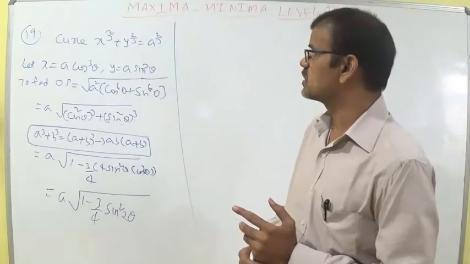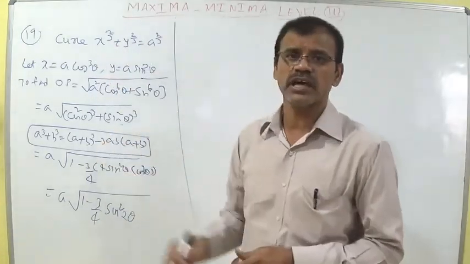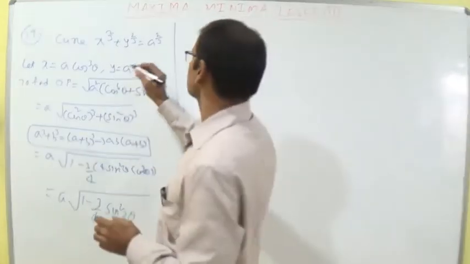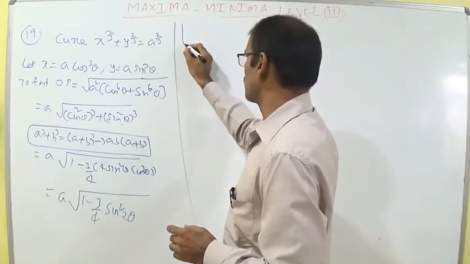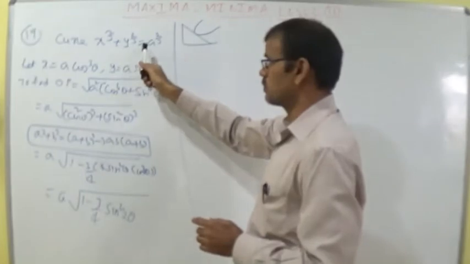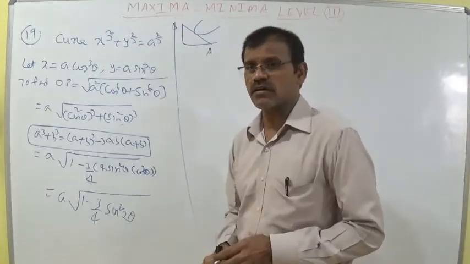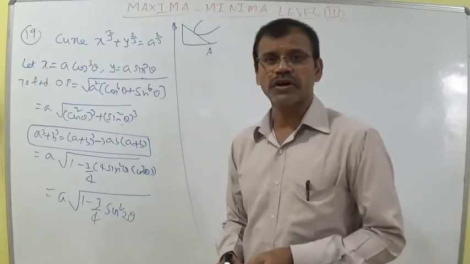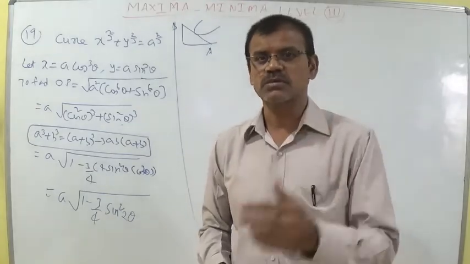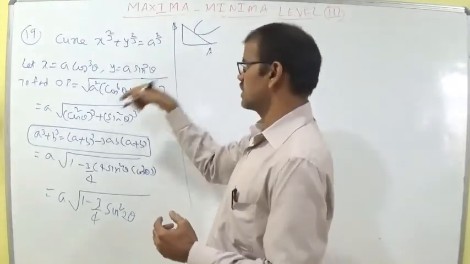Second, another way: in the IIT exam, a sum is there with x power 2 by 3 plus y power 2 by 3. This is a curve, the astroid. If a tangent is drawn to the curve and the tangent meets the coordinate axes at A and B, the length of AB is constant, a. It is the concept of tangents and normals. By remembering the result, the answer is a.